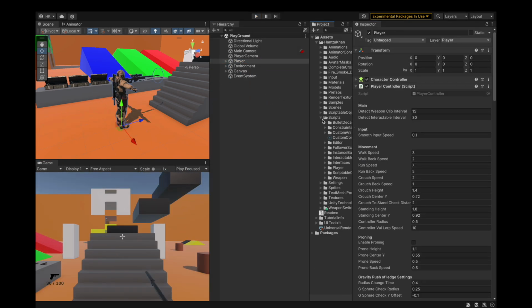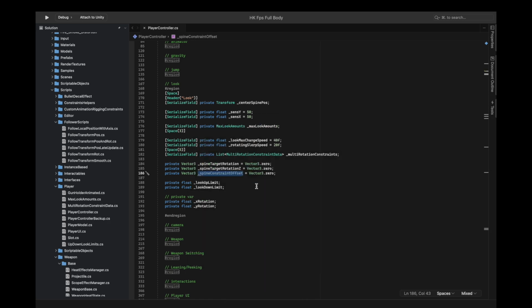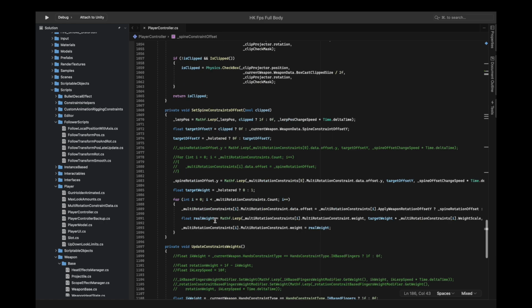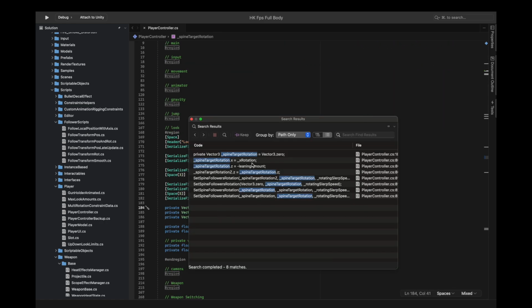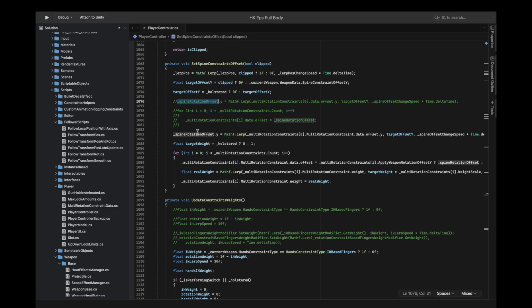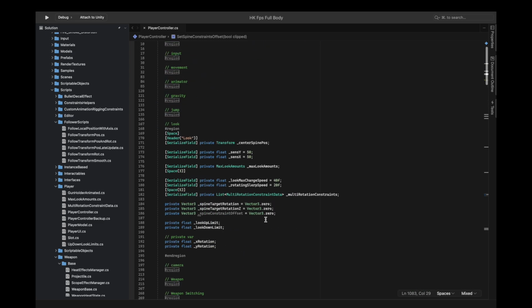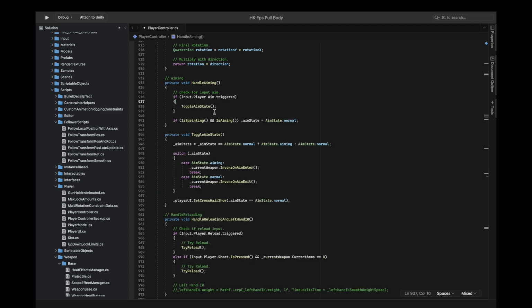So here you have a holstered locomotion as well. So it's more like a first-person controller as well, without the weapon, just the weapon at the back. This is not being used, I guess. The spine. Let me have a look. So I think the spine rotation offset, it's not the spine constraint offset is not being used, I think. So I think we can just remove this maybe. Yeah. So just delete that out,